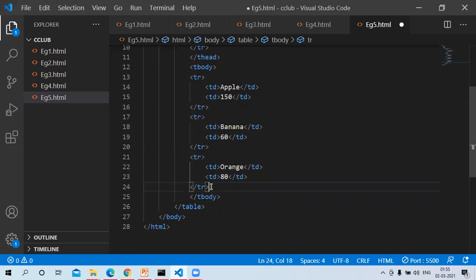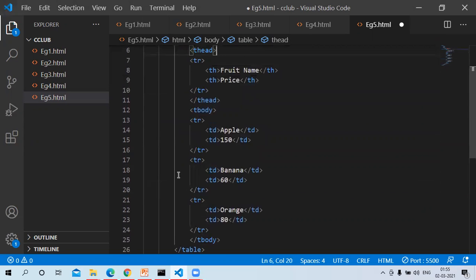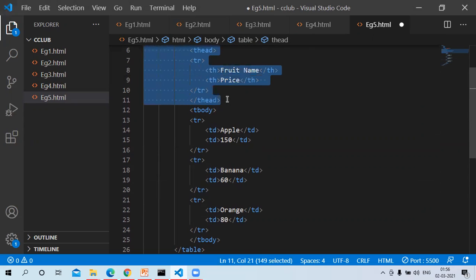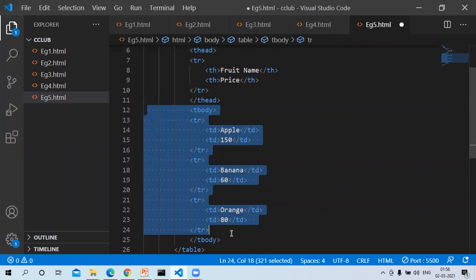So what are t-head and t-body? These are called structural tags. That means you will not see any difference in the browser, but they give a structure to the HTML. All this portion belongs to the table head, and all this portion belongs to the table body.